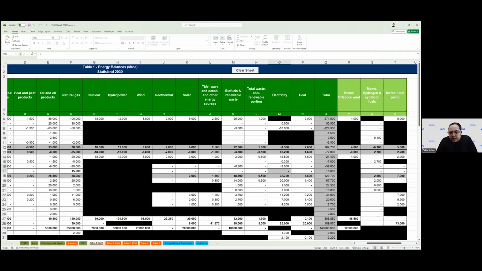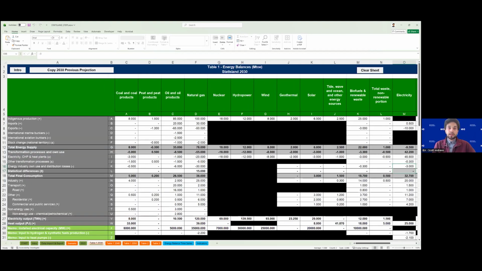Scott, we have 2 questions from Yanis in the Q&A. Where should we report synthetic fuels in both oil and oil products, as well as in the memo column? Okay, I can take that one first. Since we're at this, let's pull up the compiler's guide. I know where it is, but let's take a look. Some more notes can always be added to the compiler's guide as we continually try to improve it. So if I switch back to the compiler's guide,